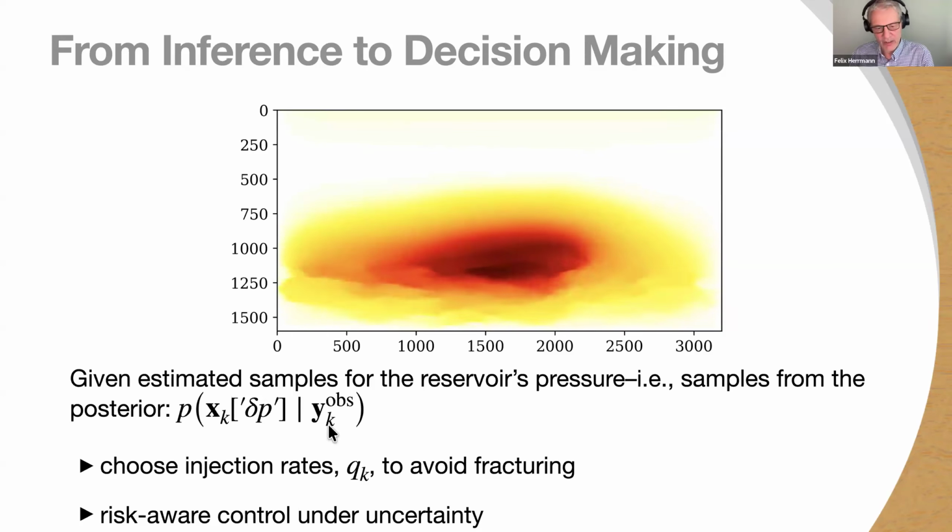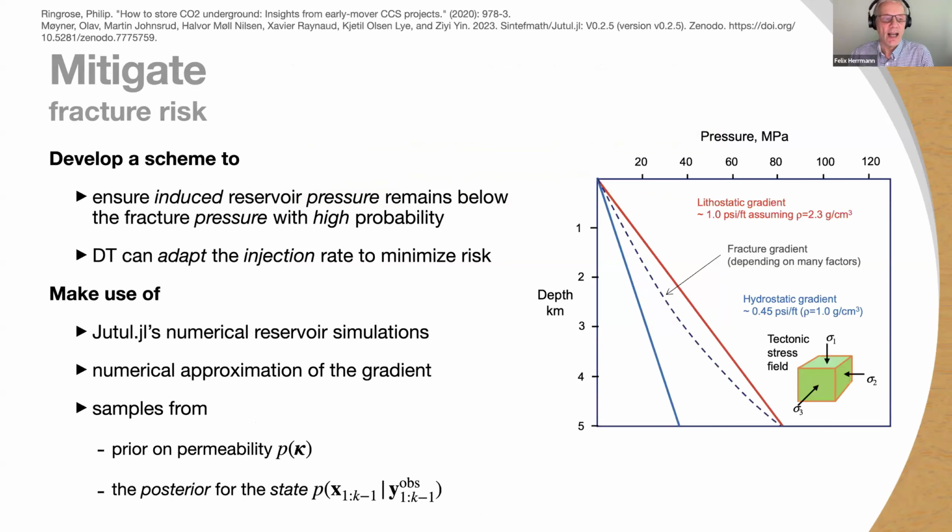And so that's a control problem, right? And so why do we want to do this? Because we know a depth-dependent curve, that's basically a curve that describes the pressure at which the rock fractures. If you induce too much of a positive pressure change, you increase the pressure too much in the reservoir due to the injection of CO2, and you basically fracture the rock, and therefore fracture the seal, and then the CO2 can